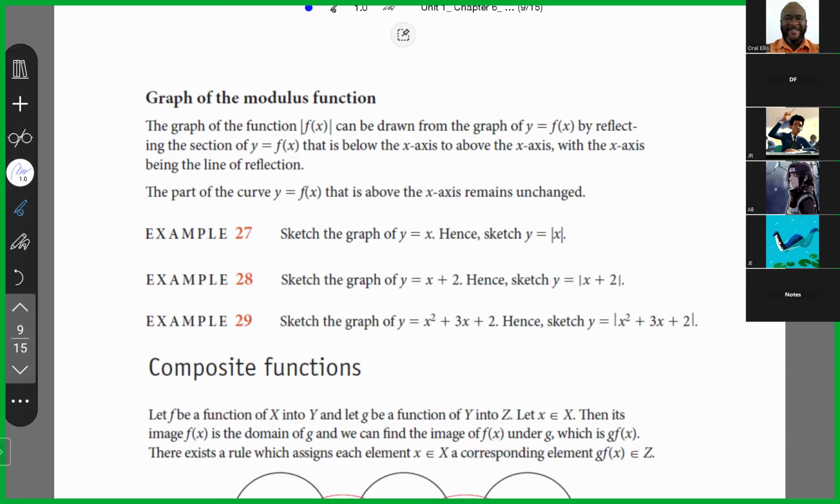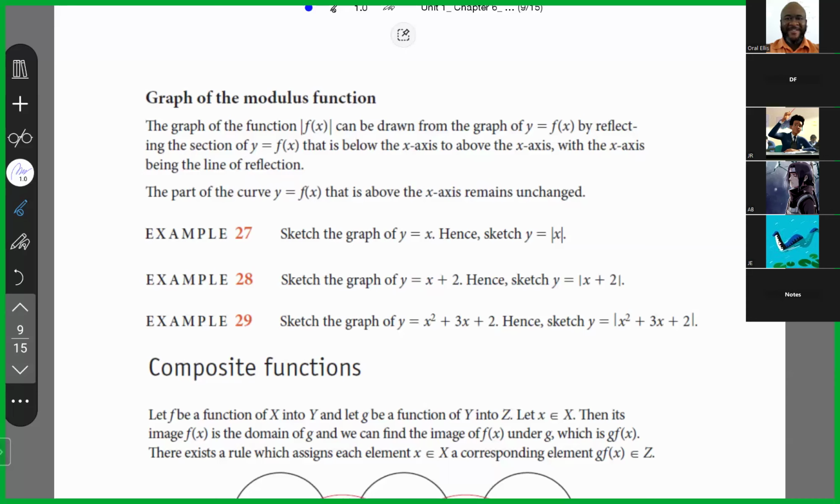So this is saying that we can get the graph of the mod of f of x from the graph of y is equal to f of x by reflecting the section of the graph of y is equal to f of x that is below the x-axis to above the x-axis, with the x-axis being the line of reflection